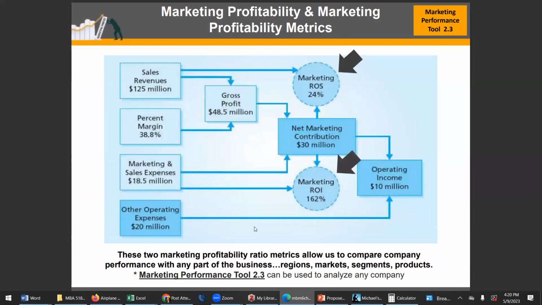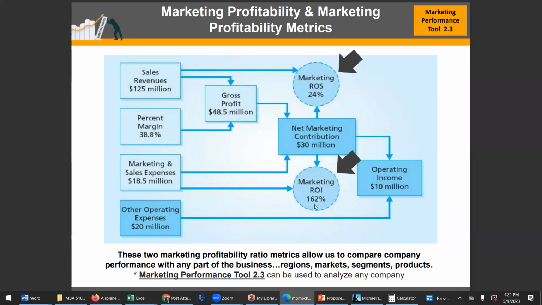All right, so this is sort of an important slide because it lets us look at how net marketing contribution is being measured